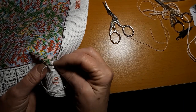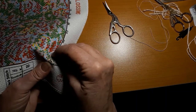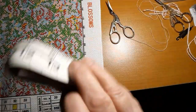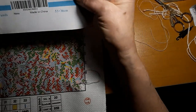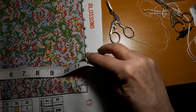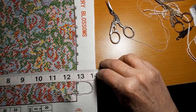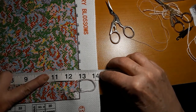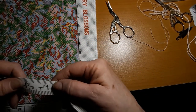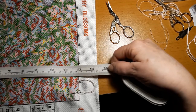I was going to measure the canvas here. Hang on. Put that there. Not like it's going anywhere. Let's see. The front of the paper says 53 by 36. Now that's in centimeters. So it is approximately, we're gonna say close to 14 1/4, which is 36. What was it? Yep, 36. So the actual picture